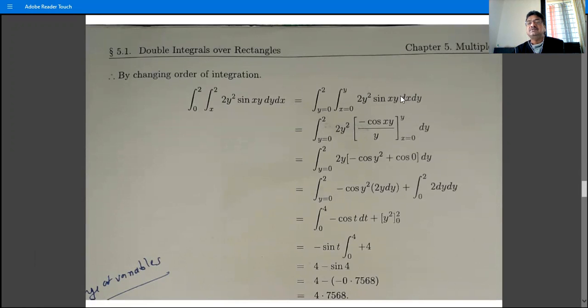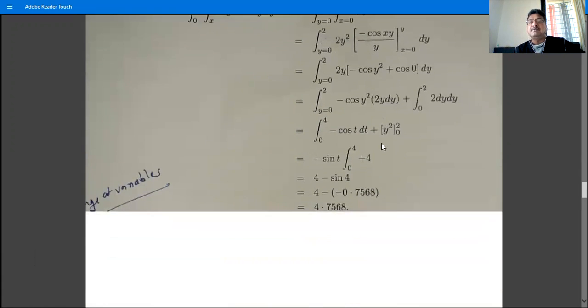Now the integration is with respect to x, that's why 2y square is constant, and the integration of sine xy is minus cos xy divided by y, because x is variable, y is constant, and then the value at the upper limit minus the value at the lower limit. In this y square, one y gets cancelled, cos 0 is 1. So we have minus cos y square,